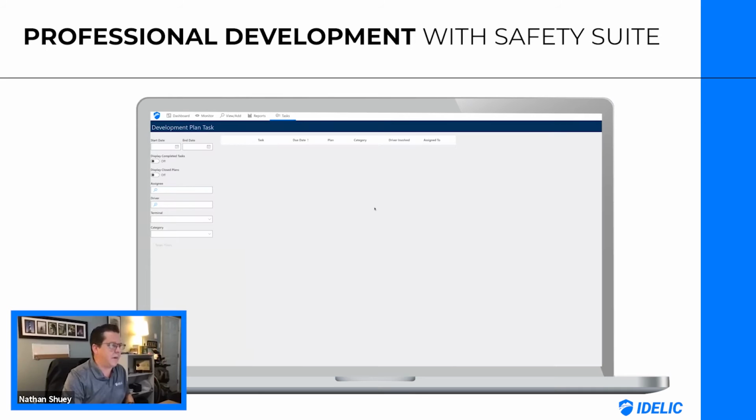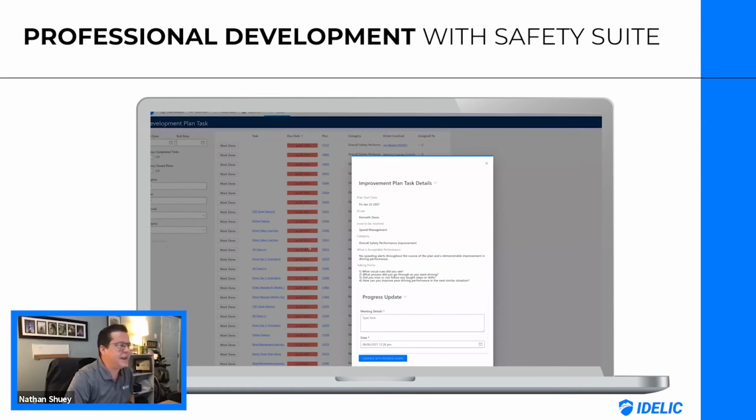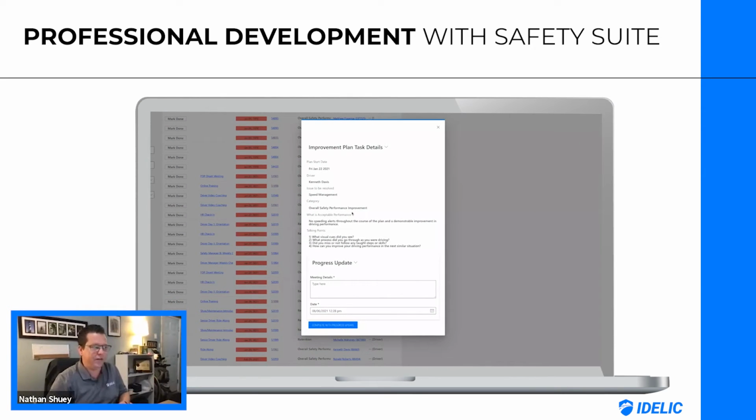I log in and I see my tasks. I can click directly into this and see the details. I can see the category, what's acceptable, as we talked about before. And then those talking points, as you mentioned: what visual clues did you see? What type of process did you go through while you were driving? To make sure that not only you're not missing anything in the process, but you're adding that human element, having a conversation as opposed to talking at the driver, to really create that culture of the drivers being watched after